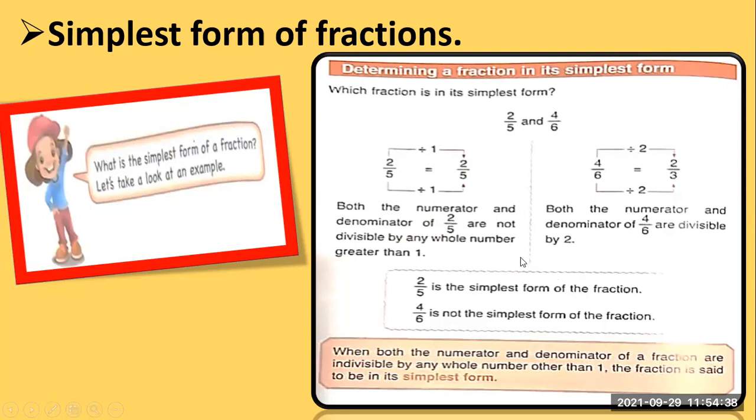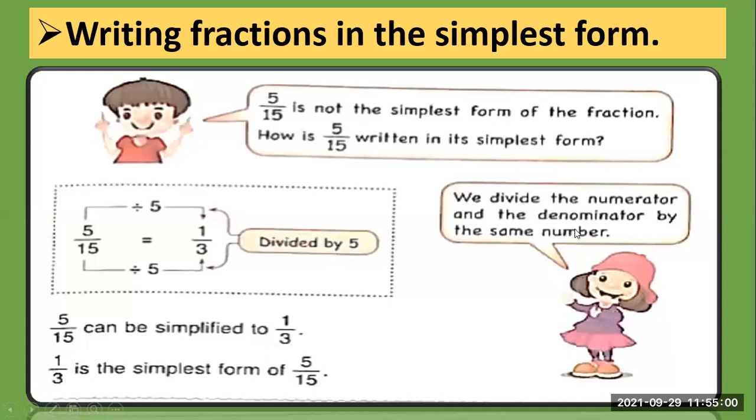So here, the fraction that is in simplest form is 2/5 because we cannot divide it by anything but 1 only. Here we can divide by 2. So that's why the simplest form of 4/6 is 2/3. So 4/6 here is not yet in simplest form. So here, you can see the example,